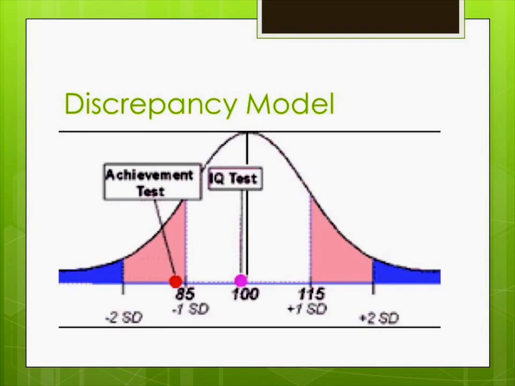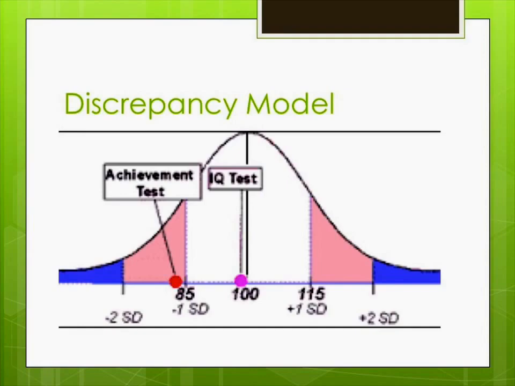The range of standard deviations across states actually have led families to move from one state to another in order to obtain special education services for their child. A family would move out of a state requiring 2 standard deviations for services to a state that required only 1 or 1.5 standard deviation discrepancy. Another factor to consider is that if a child's achievement score was 85 and his IQ score was 86, there would not be a discrepancy. So a child who truly was behind his peers and in need of support would not get it because there was no discrepancy between his ability and his achievement.